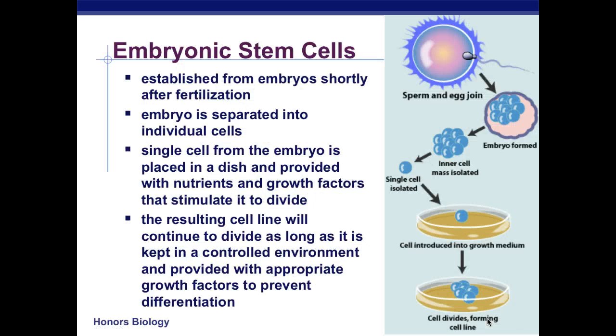So embryonic stem cells are established from embryos shortly after fertilization. The embryo is separated into individual cells. The single cell from the embryo is placed in a dish and provided with nutrients and growth factors that stimulate it to divide. The resulting cell line will continue to divide as long as it is kept in a controlled environment and provided the appropriate factors to prevent differentiation. So this is a cultured stem cell,